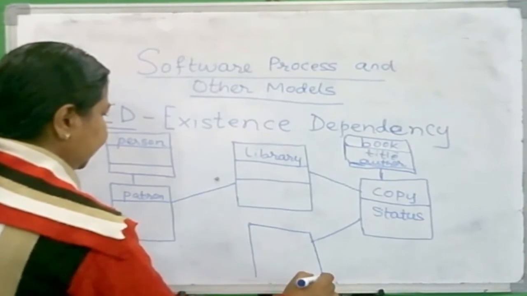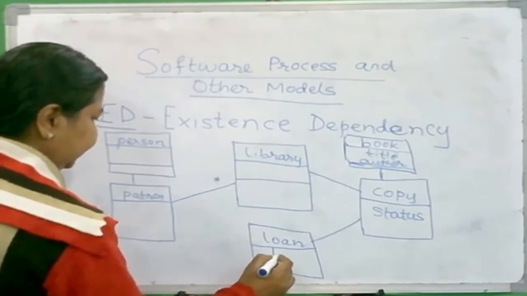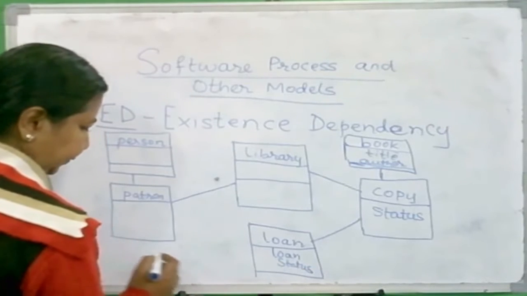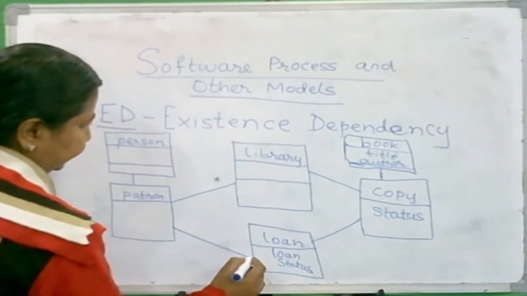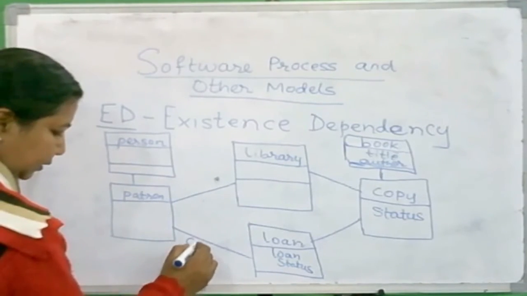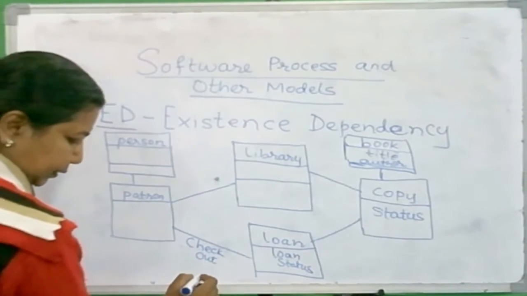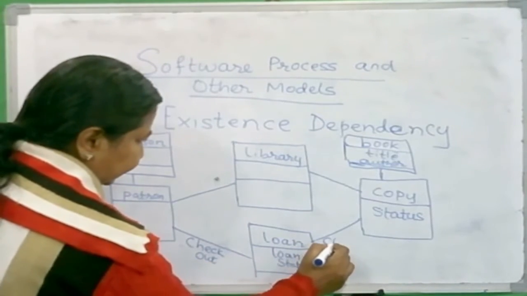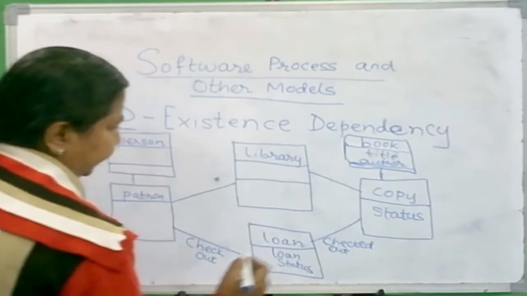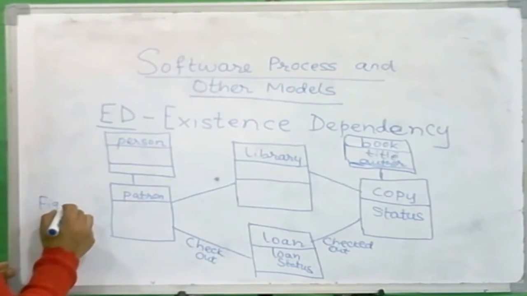Then there is a loan relation, loan status. Check out, checked out. Figure, library object model,